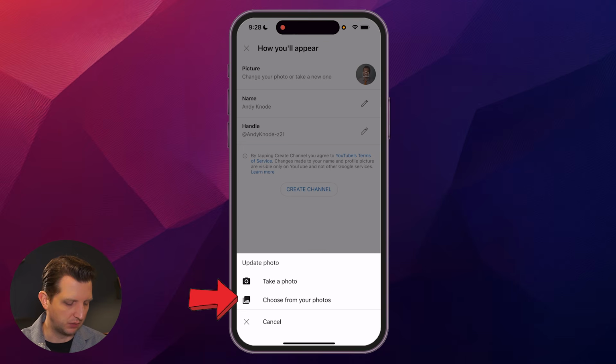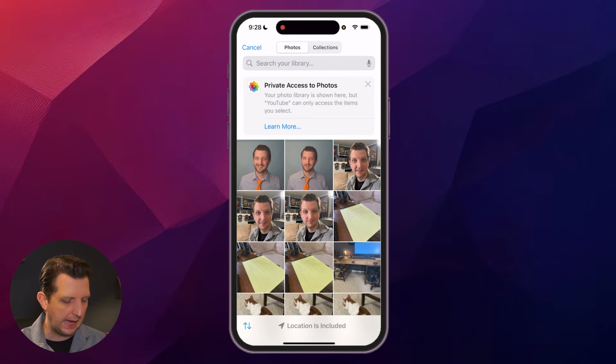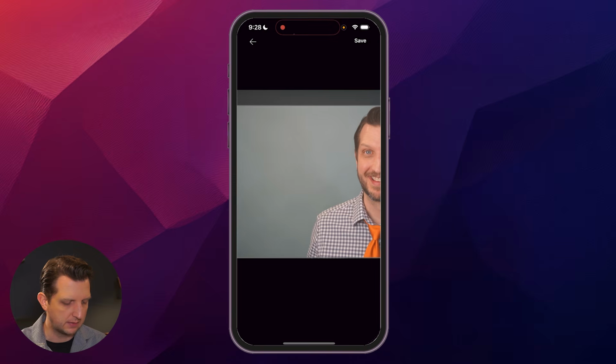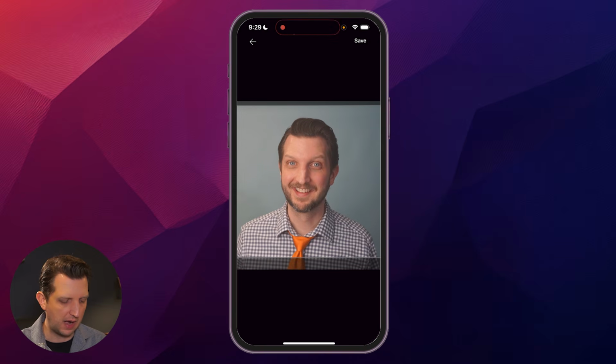So I'm going to do that option. So we're going to choose from your photos. You click on that. And then here it gives you what's on your camera roll and you just pick the photo that you want. And then it'll take you to this screen where you can now slide the photo around,